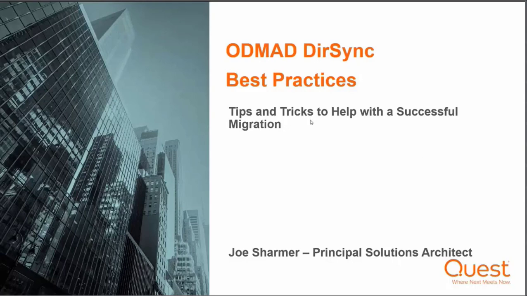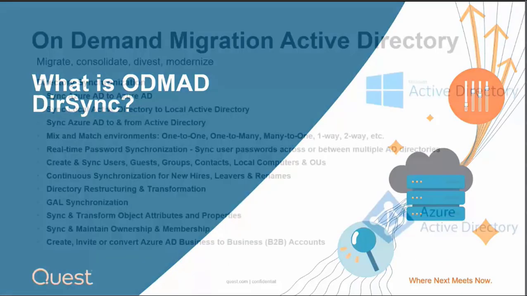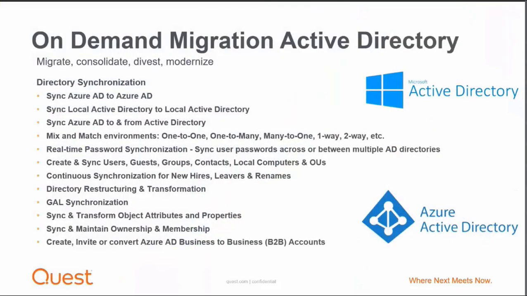If we talk a little bit about what ODM DirSync is, it's a tool that can do a lot of things. The directory synchronization can go from on-prem AD to on-prem AD, to Azure, to tenant to tenant, to tenant to on-prem. Lots and lots of different things that it can do. And the challenge there is that with all of that functionality comes complexity. And so what we're going to talk about today is how to address some of that complexity,